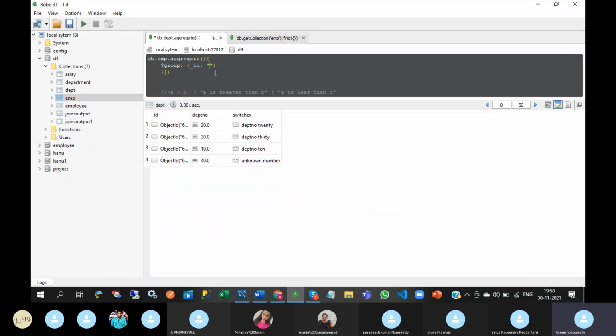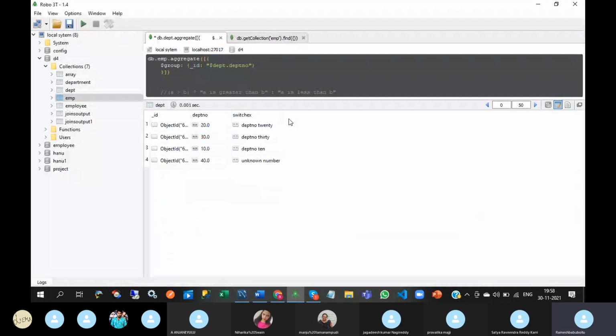For underscore ID, you can give DEPT dot department number. Why? Because in the EMP collection, the DEPT object is having the department number.